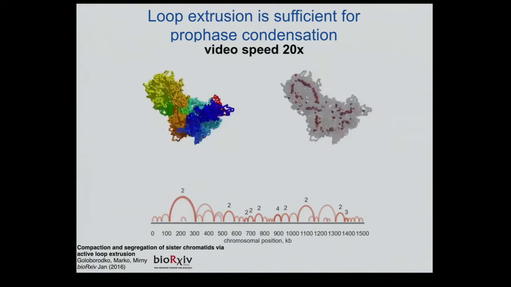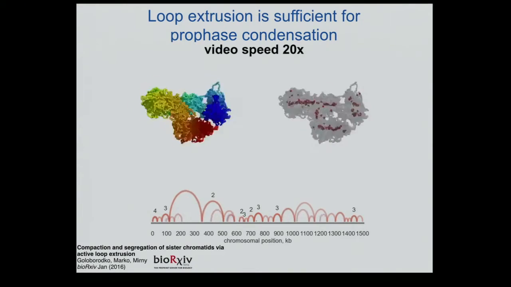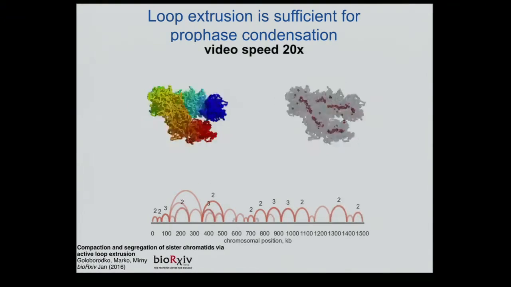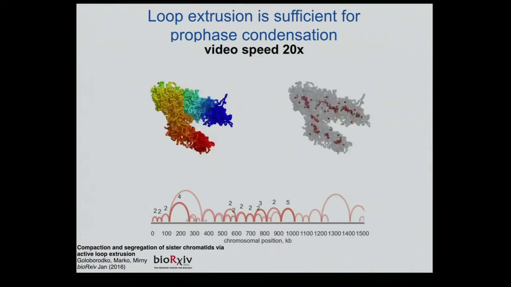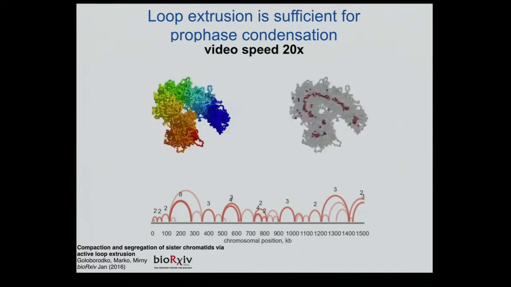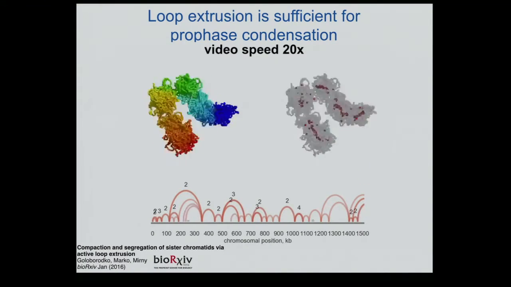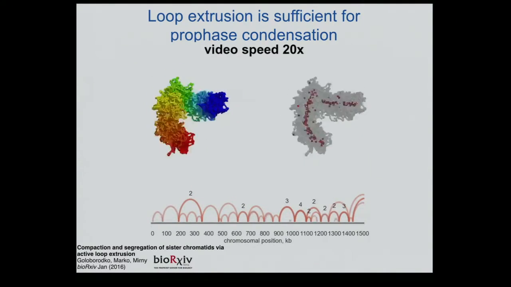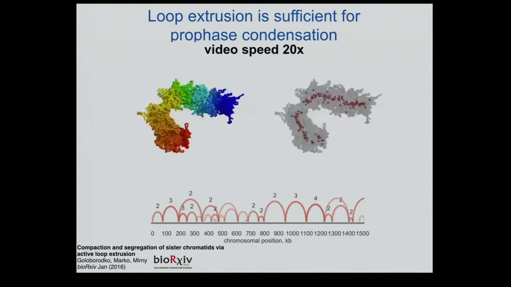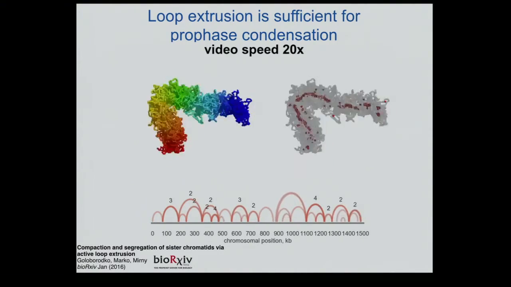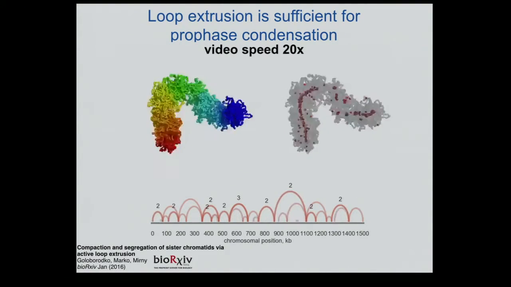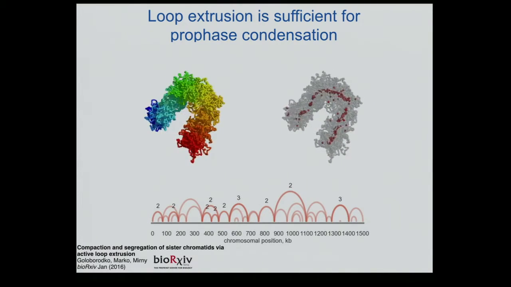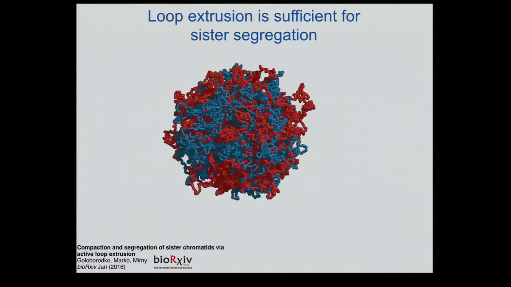What you see happening automatically is that there is a scaffold of a chromosome, and you start getting the right shape of the chromosome and linear order of the chromosome. You get it all from a single process. There are no boundaries anymore, no additional interactions other than pumping of the loops. So that, in our mind, resolves the first paradox, and then the second one is having two sister chromatids.